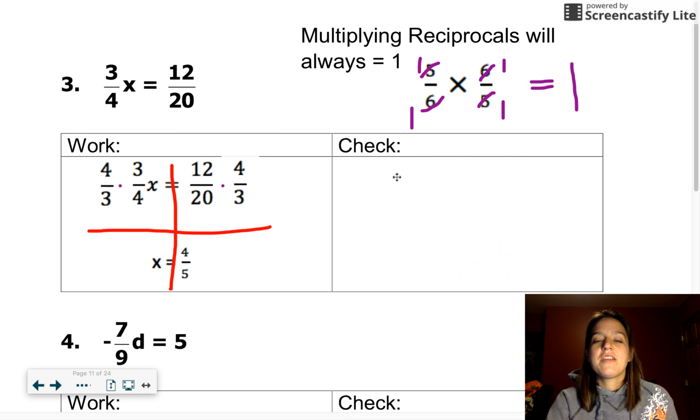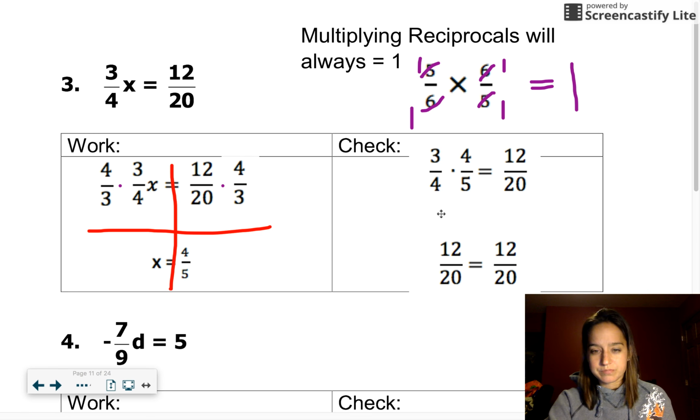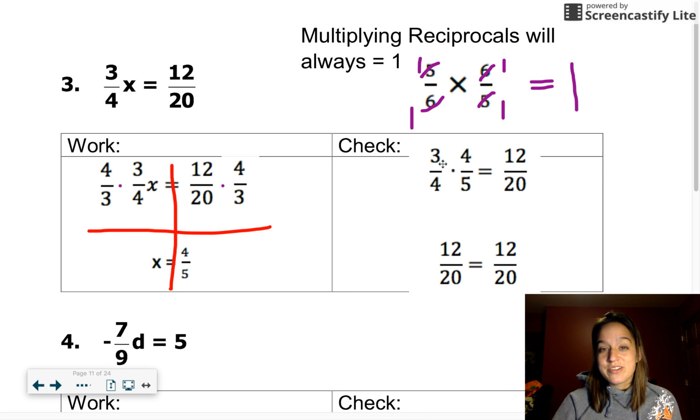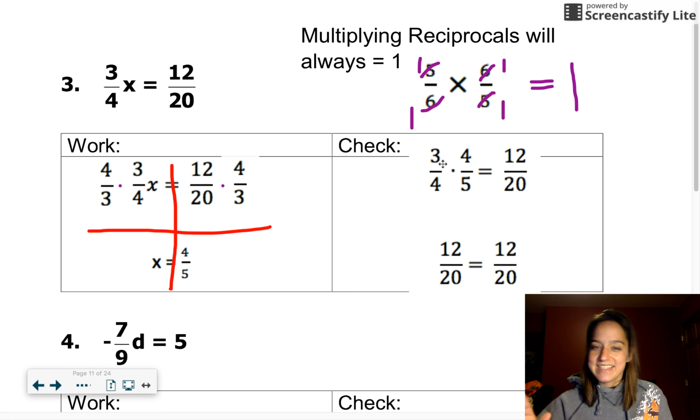So then I go over to my check and I actually do try it out. I do the 3/4 times 4/5. And sure enough, the 4's cancel each other out. Or, well, 3 times. Remember the fraction wrap where the numbers in the numerator multiply across, the numbers in the denominator multiply